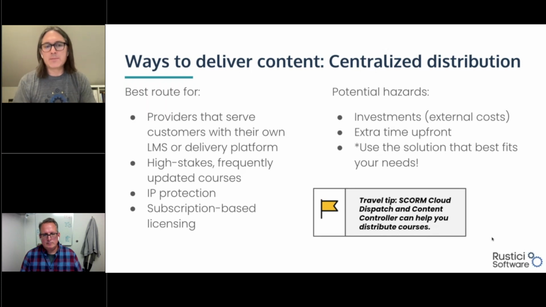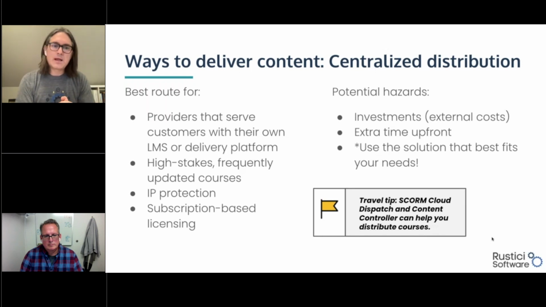It's also a great solution for a content library that needs to be updated on a frequent basis. So if you think about your own content strategy, especially in the space where we find this most frequently, which is compliance, regulation-based content. This is high-stakes content, and you want to make sure that the end user is always getting the most up-to-date version. Centralizing that content in a centralization type tool for distribution means that you only ever have to update the content in one place. And then any application that has access to that content through the access file will automatically get that update.